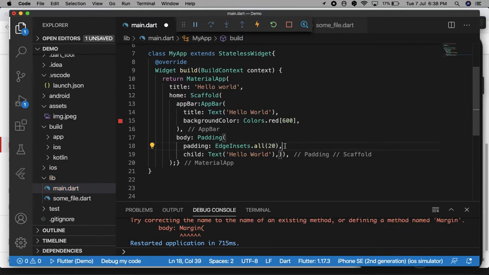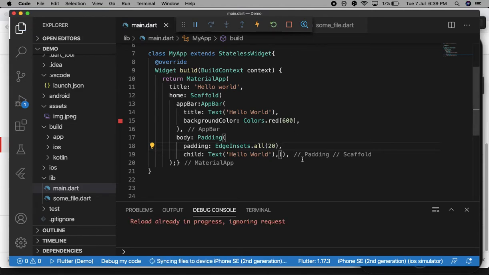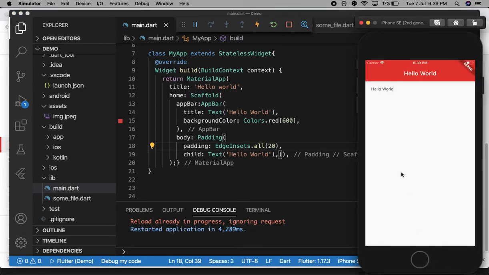That means this text widget will take space inside of 20 pixels. So I'm going to run this application, then you will see the difference. You will see the output hello world with spacing of 20 pixels from every side, because we have added EdgeInsets.all.